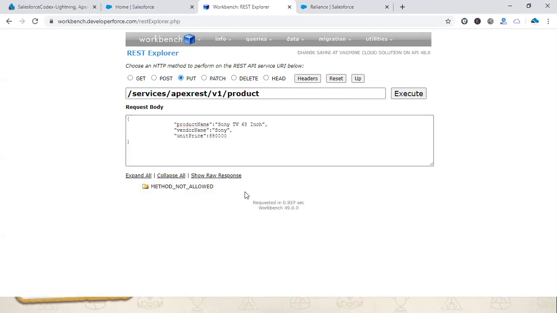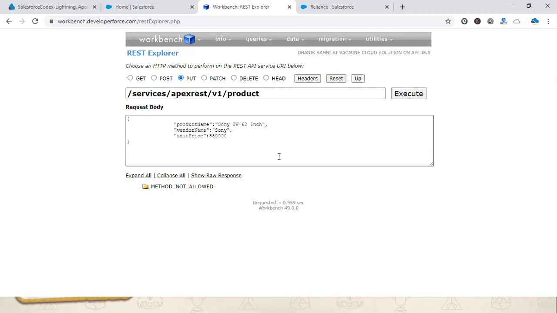Sorry to interrupt. Can you please explain the difference between post and put, and when to use what? Post is for when you are sure that whatever request we are giving is for insertion only, for creation only. Every time you give a post request, it will go and create a product, or whatever you want.